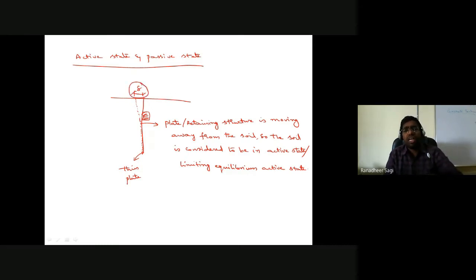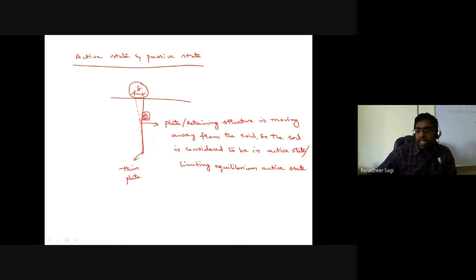And this value of delta depends on which type of soil this retaining structure is embedded in, whether it is a sandy soil or a clayey soil deposit. Depending on that, the amount of rotation or displacement in your retaining structure defines your active state in that part of the soil mass. So that delta value depends on the condition of the soil.